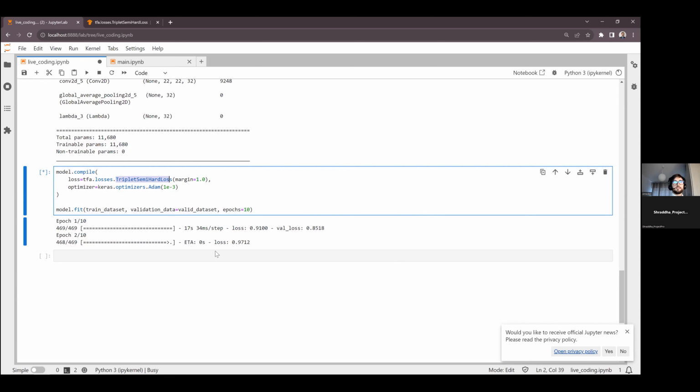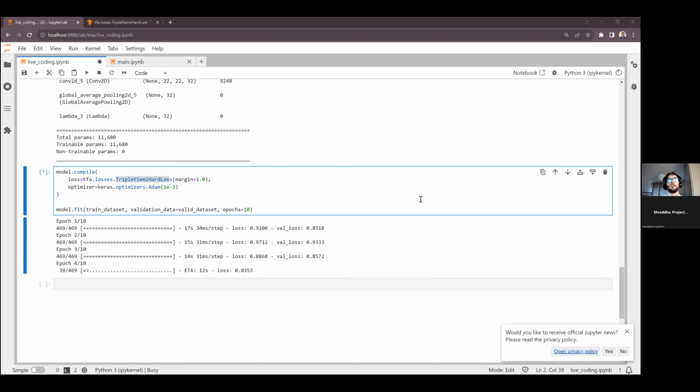While this is running, let's look for a moment if there is some question. Yes, the code will be shared. The recording, I don't know about the recording, but I think yes. Yes, the margin and alpha are the same thing. This implementation simply calls it margin, but it's the same thing.